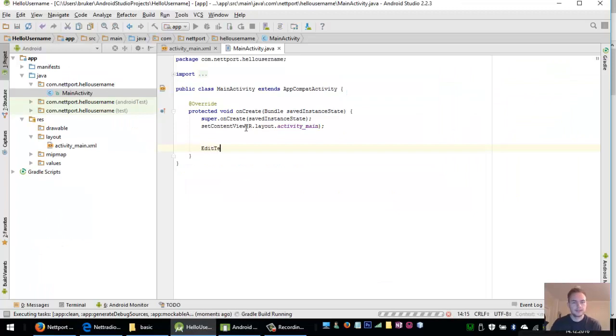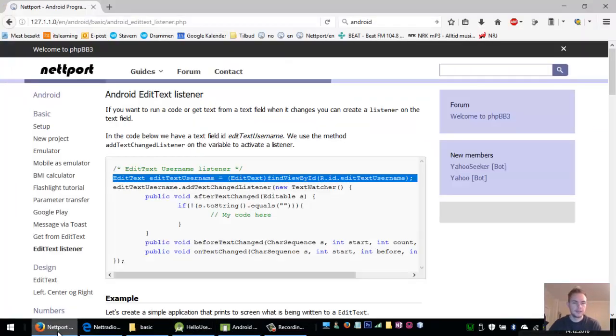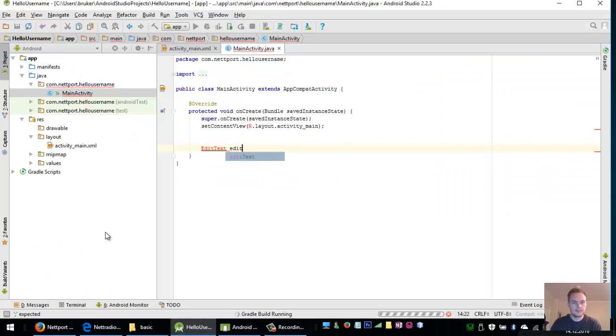So EditText, and we can write EditText username, and EditText username will be our variable, and that equals